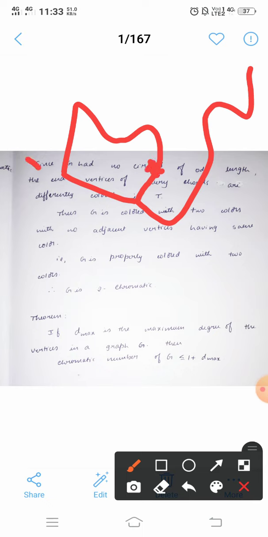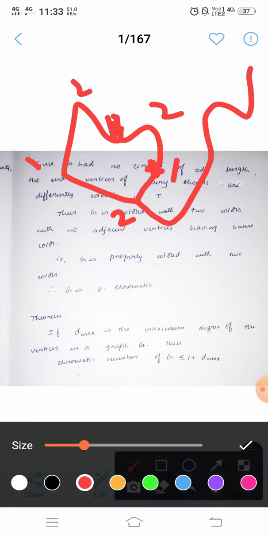If I color this 1, 3, 1, 2, 1, 2. See, this is a chord I am adding. Since this is a chord of an even length circuit, the adjacent vertices have different colors. If I add the chord to the spanning tree, the adjacent vertices have different colors since it is an even